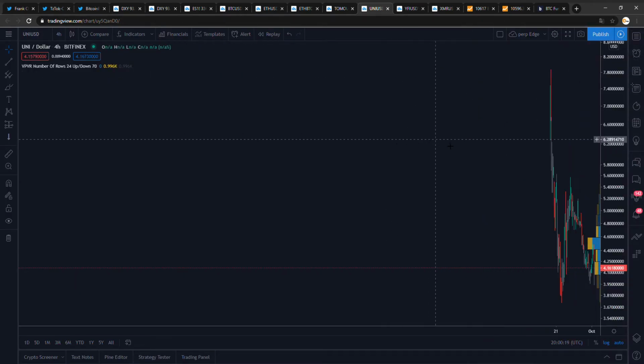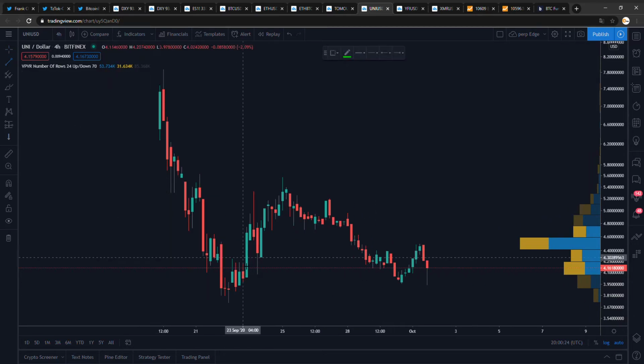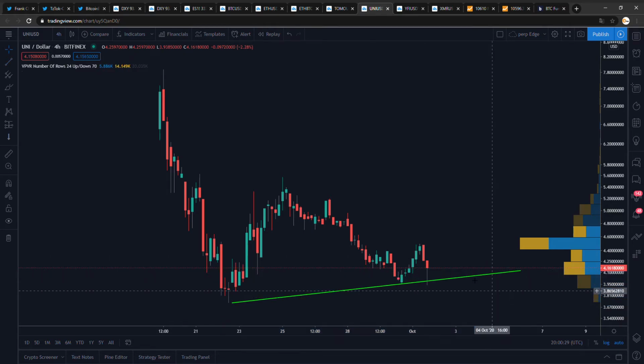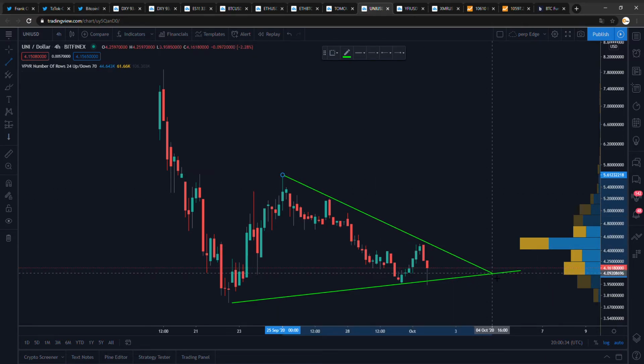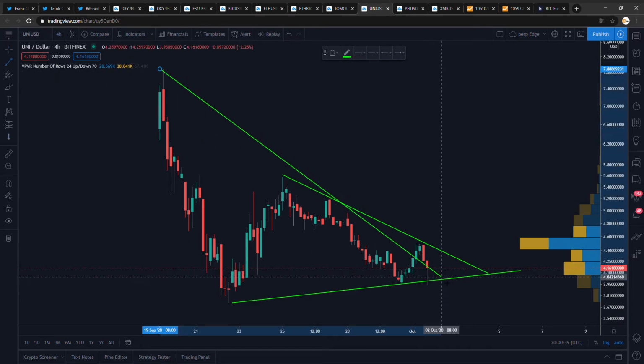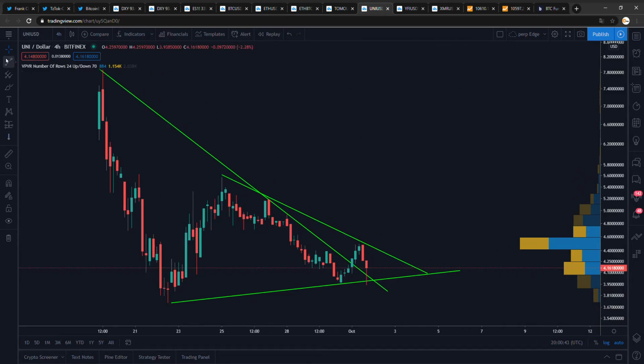Uni, also a request from a follower. They had a little nasty dump over here, but it is being bought up. I would say it's something like this at the moment. They broke out of this one quite clearly. Break of this trend line, which I can see happening. My target would be, let me see,